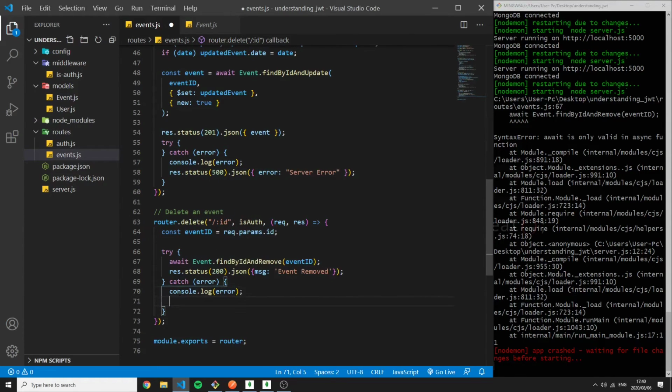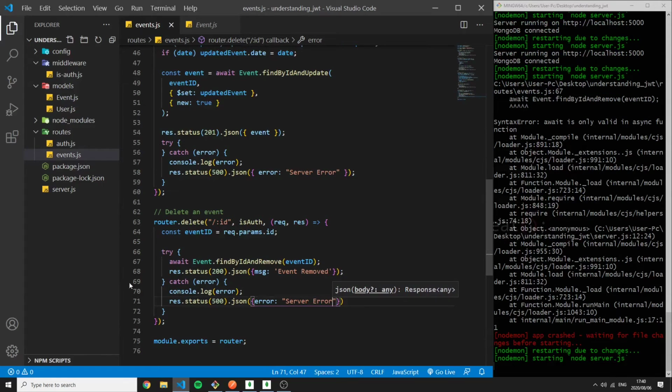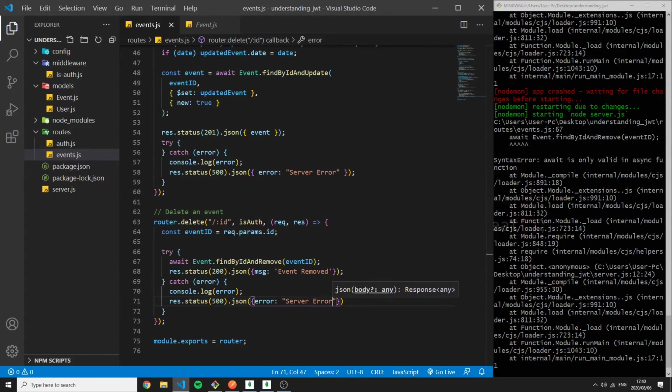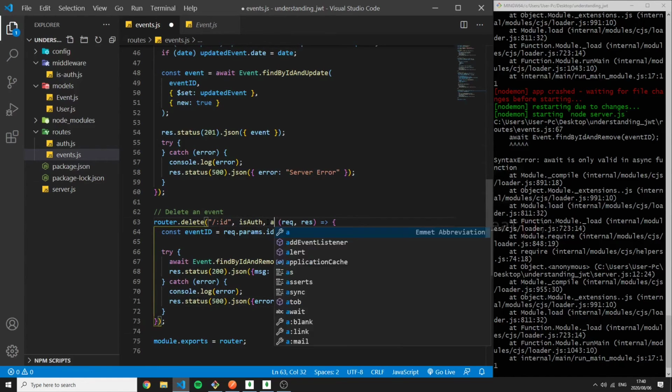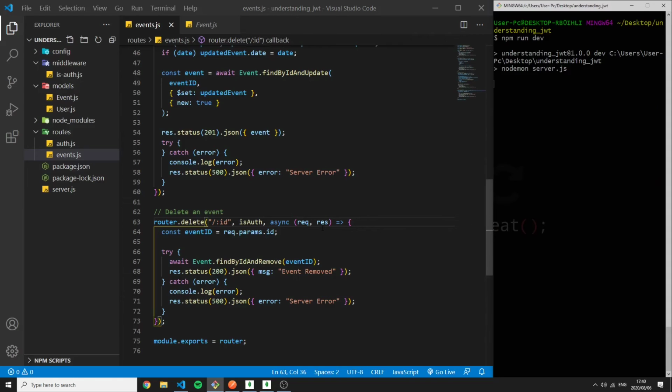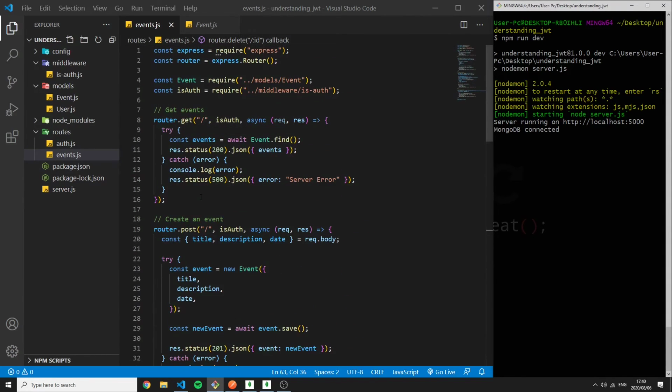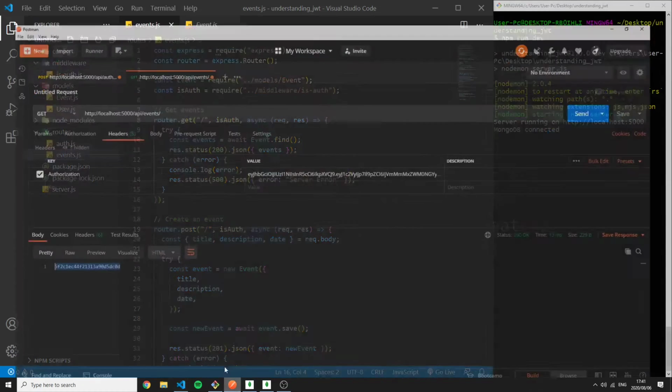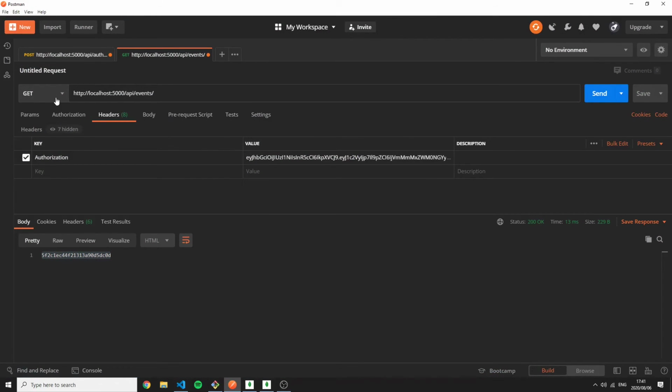I'll check that error out now. There's that status. And save. So what is our error? Oh wait, this should be an asynchronous function, and everything should work fine now. So with this all done, our API is complete. I know it's not much, but the main point was just this middleware and how the JSON Web Token would work. So if I were to go back to Postman and try out these routes,